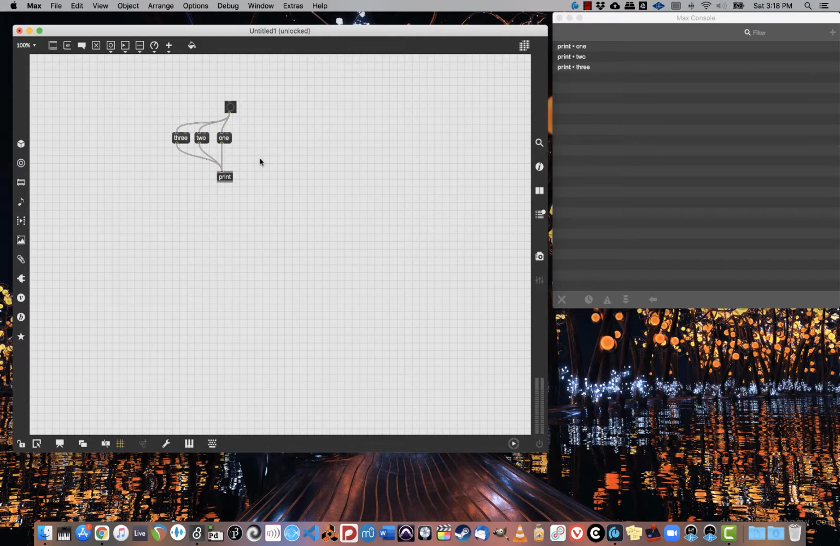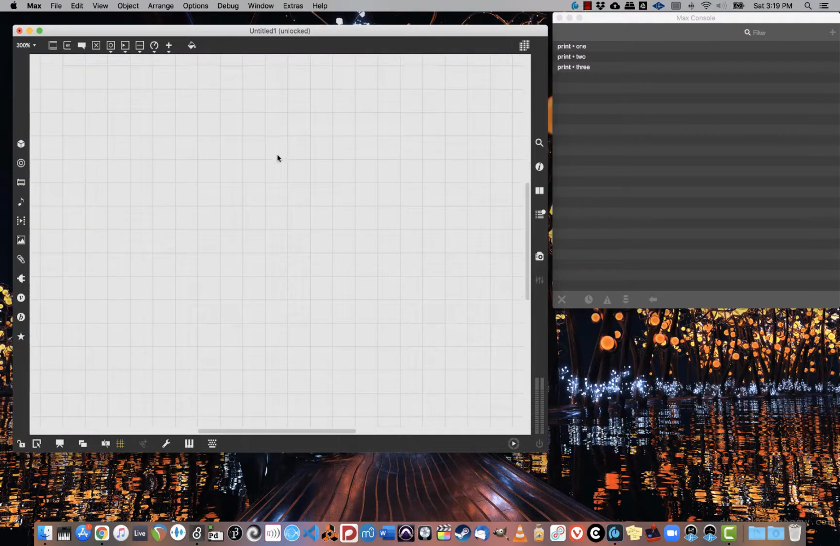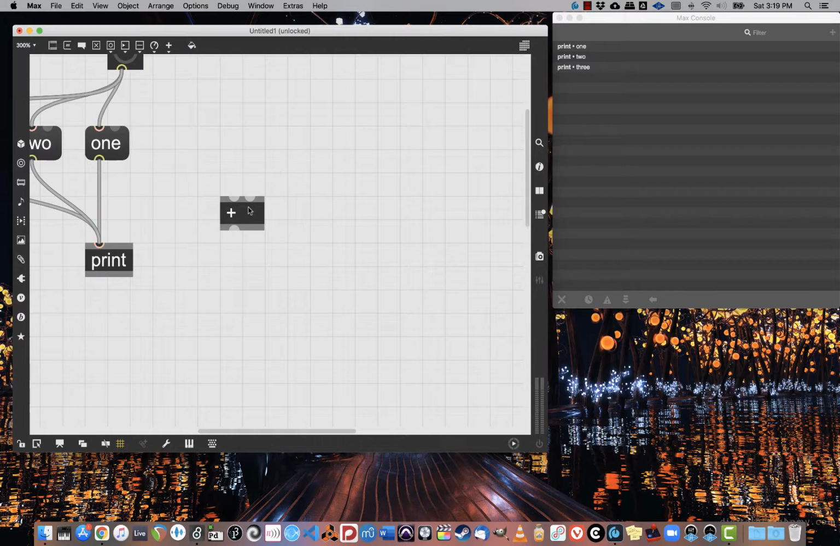The reason for this is that nearly every object has some sort of hot inlet on the left, which will always show up in red, and a cold inlet. Let's take a look at that with a really, really common object, the plus object. I've got two inlets. You can see that the leftmost is red, or hot, and the rightmost is blue, or